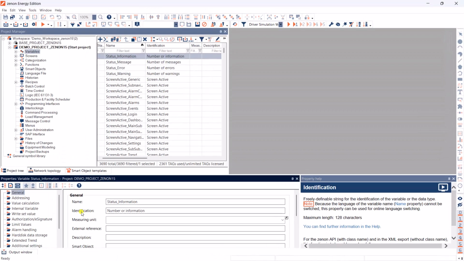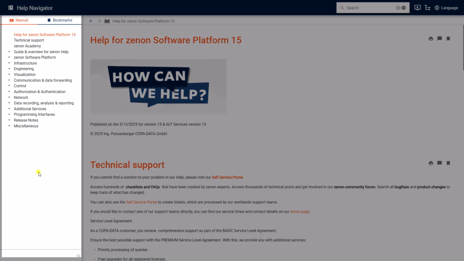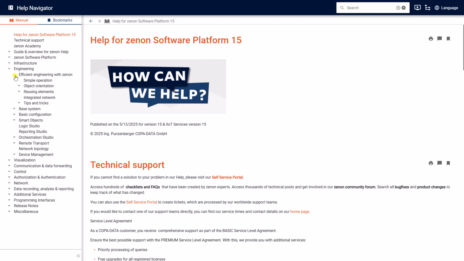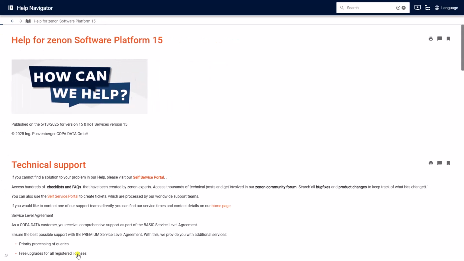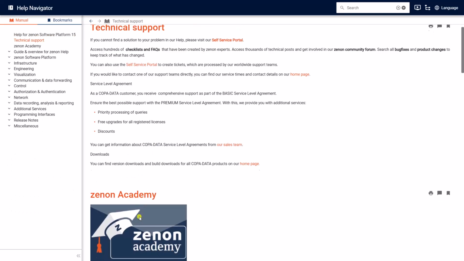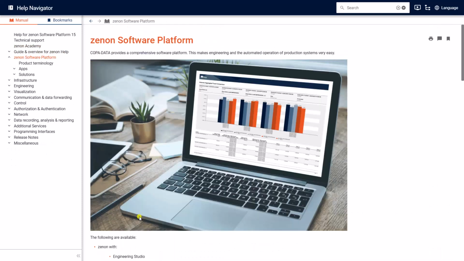Next, we will take you to the Xenon Help Navigator to explore it further. Choose your preferred way of going there. We'll simply press F1. In the Xenon Help Navigator, you'll see a tree view of all the help chapters, with the option to expand all nodes, including the subnodes. Clicking these double arrows down here will show or hide the tree view. As you navigate through the information window on the right, using the scroll bar or navigation arrows, the tree view updates automatically to match what you're viewing.